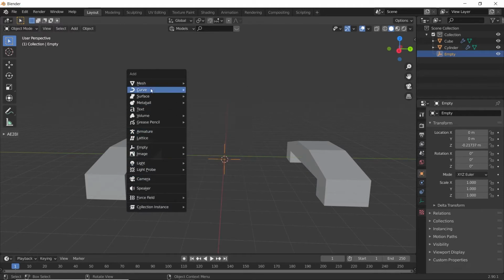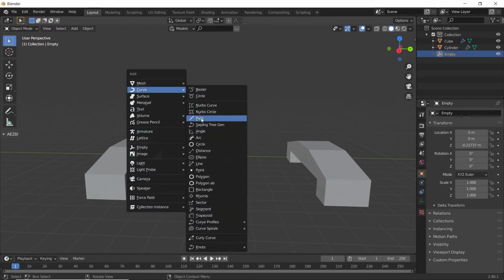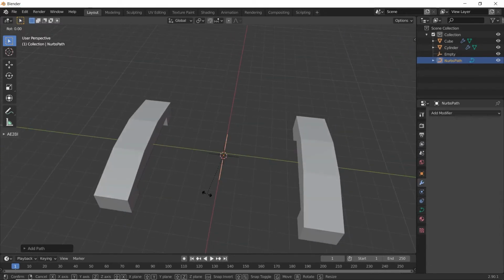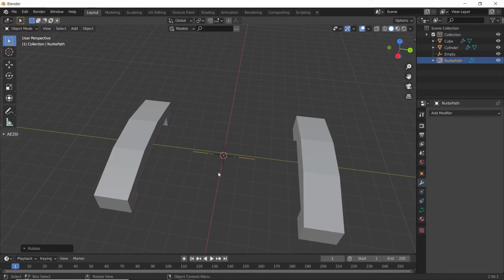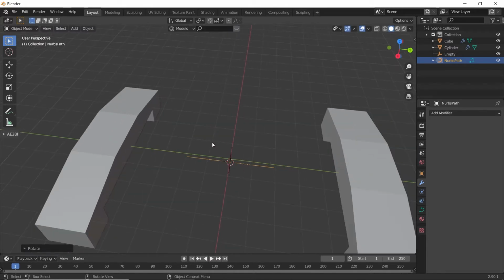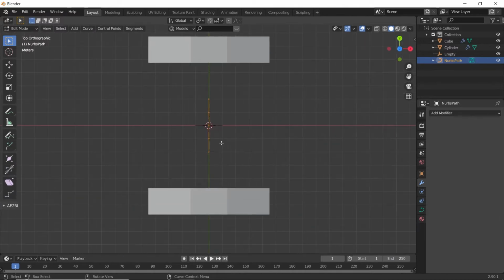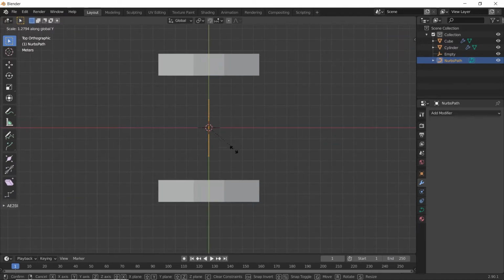Now let's add curve, NURBS path, rotate it on z-axis by 90, go to edit mode, scale it on y-axis, something like this.